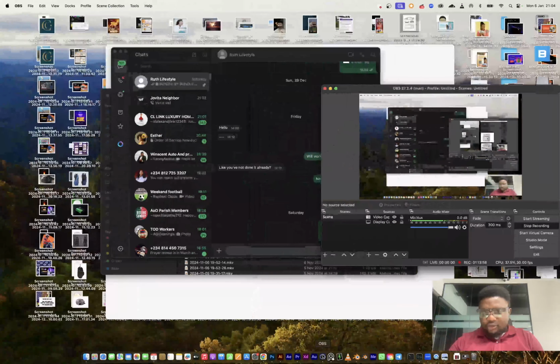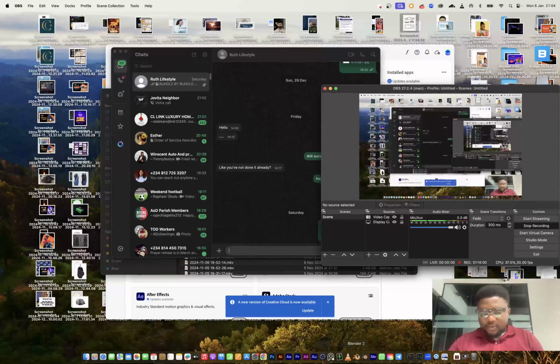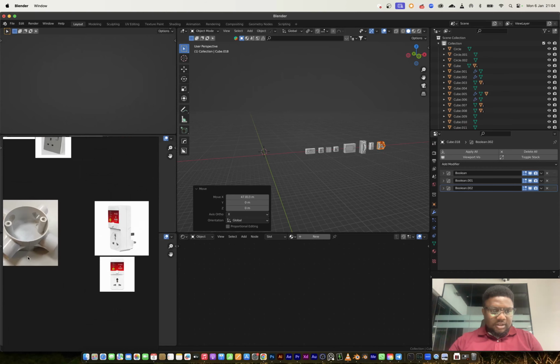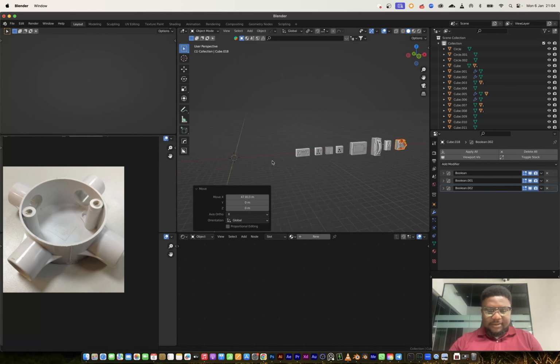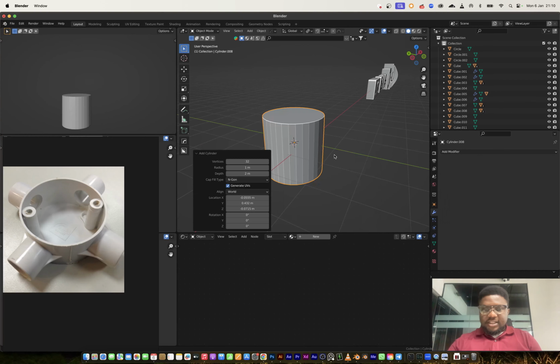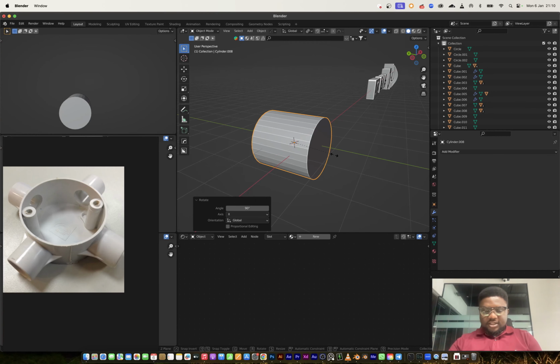The next I'm going to be doing, what time? 1:13. The next I'm going to be doing is this junction. This shouldn't take any time at all. At most 7 minutes. For this, we're just going to bring in a cylinder, RX90, SY,